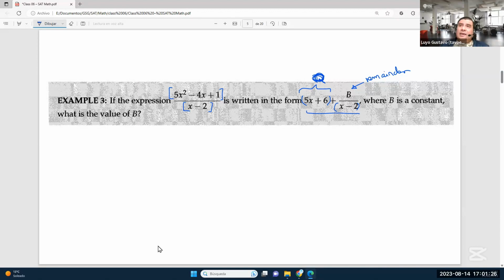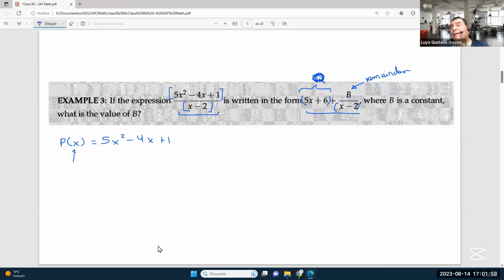That if in a division of a polynomial by a binomial of this form you get a remainder which is a constant value, then that remainder is exactly the result of evaluating the polynomial p of x, which is this expression, the dividend,